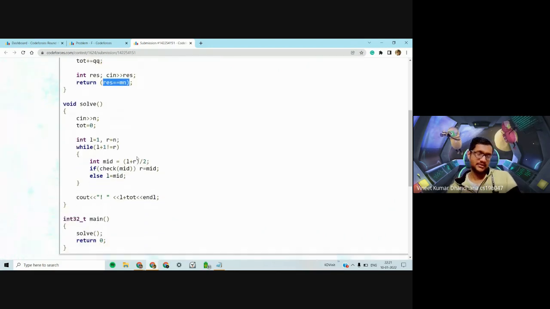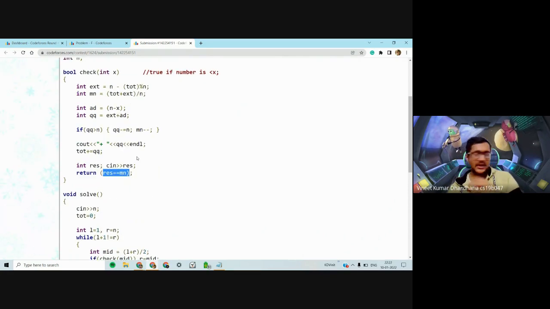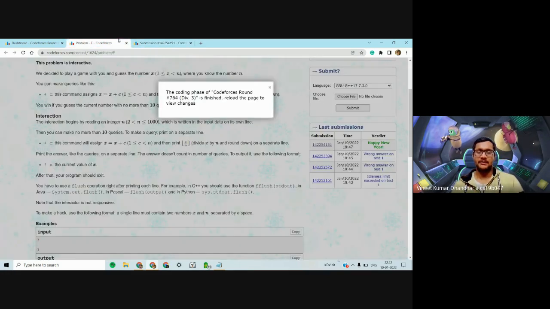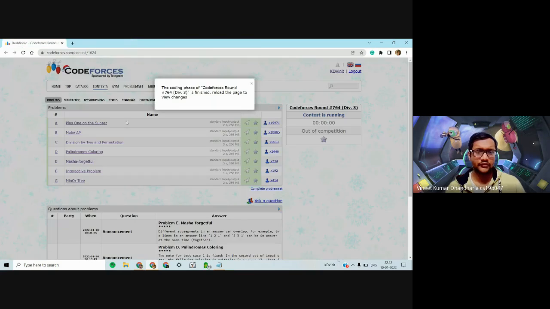I know the explanation to the code might not be clear, but I hope you got the logic that has to be used. You can have your own implementation, or you can check out my implementation for more clarity. But the basic idea is to do binary search on the value x. For a given value, you can find if the original number x was less than this or greater than this. Once you have found the original value, you know the queries that you have performed so far, so you can just add that to get the current value of x. So that's the solution for F.